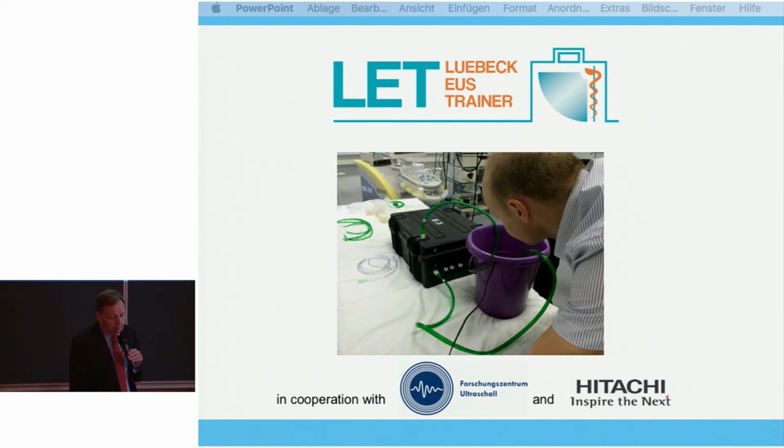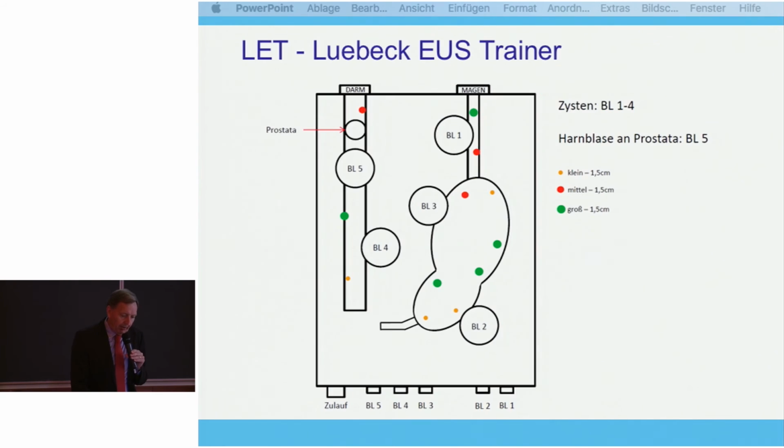We did it in cooperation together with the Ultrasound Science Center in Halle. It's a permanently waterproof case, a closed system. The advantage is that you have no artifacts within this case. Within the case you have two accesses for the stomach and one access for the rectum, and there are organs embedded in an ultrasound capable matrix. You have a lower matrix and upper matrix, and then you can close the case and fill water inside, and you have no artifacts during the training.